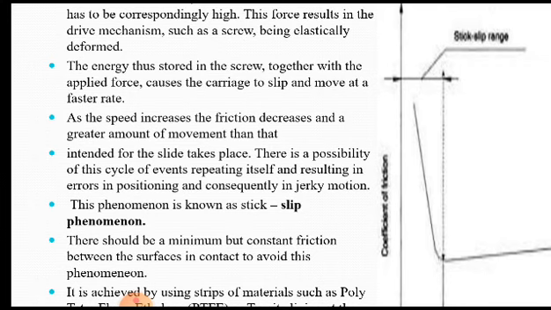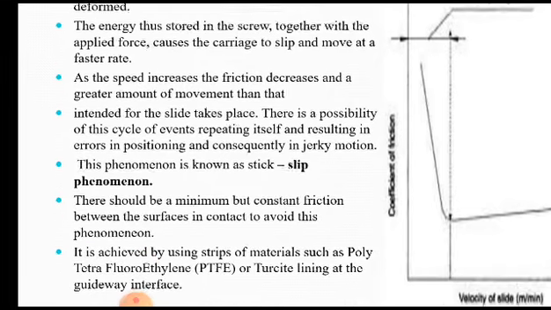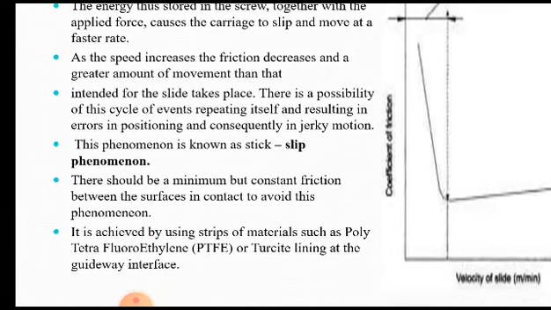But when I am going to use it continuously, in the cutting operation, the movement is very easy. That is an indication that the friction generated between the two elements will go on decreasing as the movement of the slide increases. But at the same time, it is going to exhibit a property called stick slip. That means it is not able to move very freely. It can give jerky motions. Such a phenomenon is called the stick slip phenomenon.